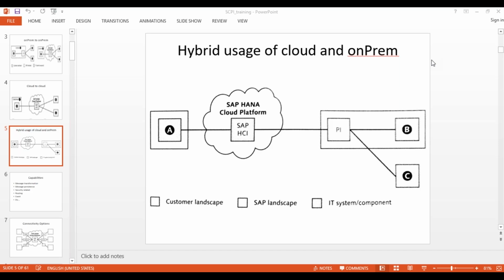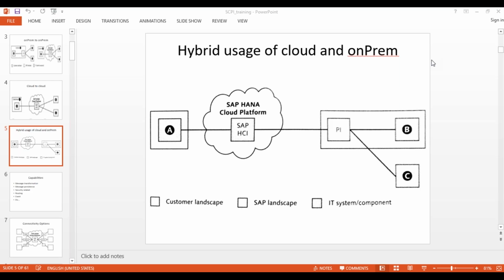Let's say I have to connect to my on-prem ECC system, and I have my on-prem PI system, and now I have to connect my PI system to the HCI system. In this case, what connector do I have to use in PI to connect to HCI?